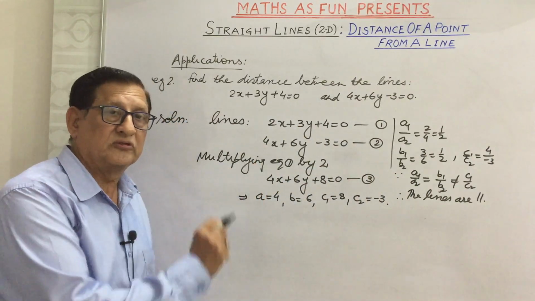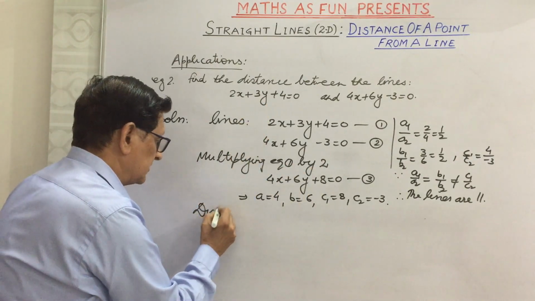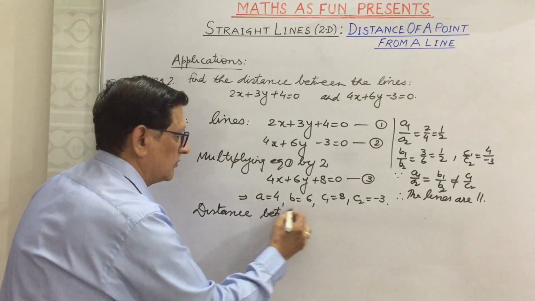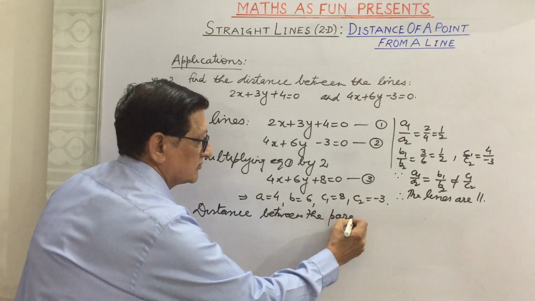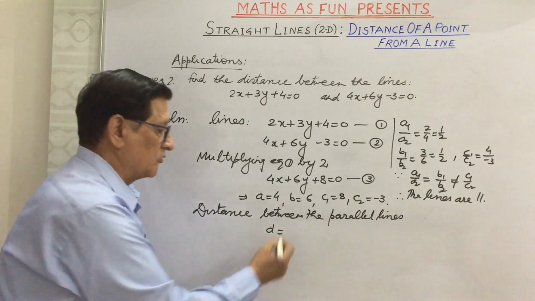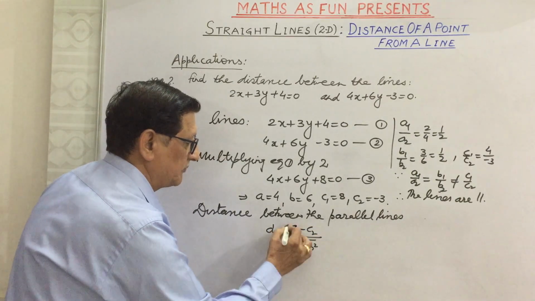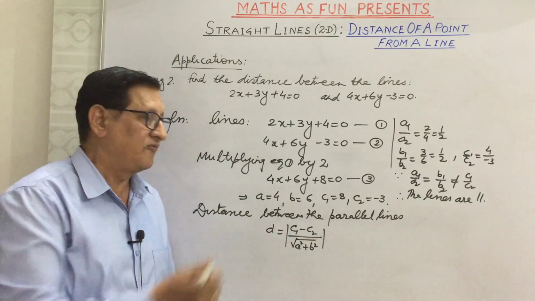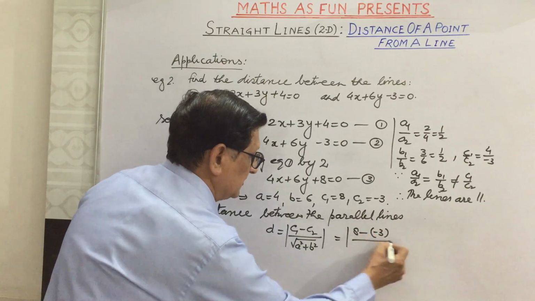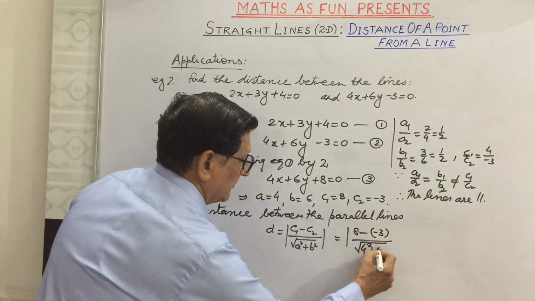Applying the formula for the distance between the parallel lines, we know the distance is given by d equal to c1 minus c2 upon root of a square plus b square. If we apply the values here, this is 8 minus 3 upon root of 4 square plus 6